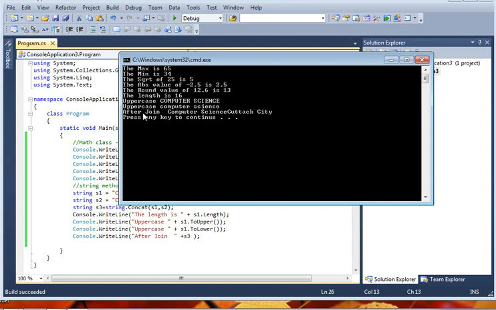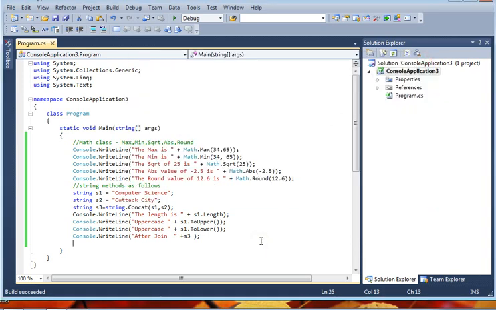Value of S3 is after join. Yes, computer science Kotak City. It is printing. Fine. Next, the method is